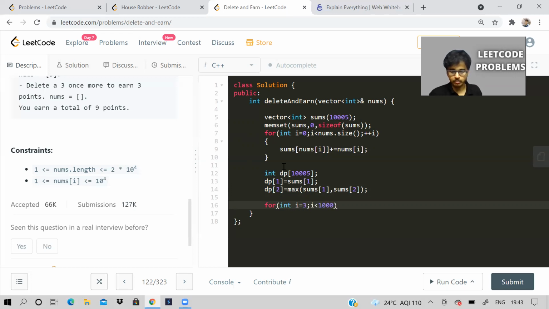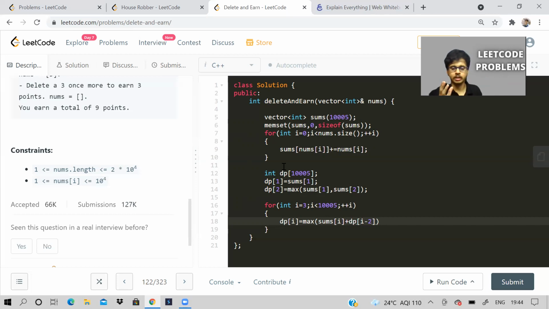Now let us say for int i equal to 3, i less than 10 power 4 plus 5, i plus plus. Now DP of i is equal to, what is it going to be? If I take the current number, say i equal to 3, whatever the summation of i is, I can add it with DP of i minus 2.